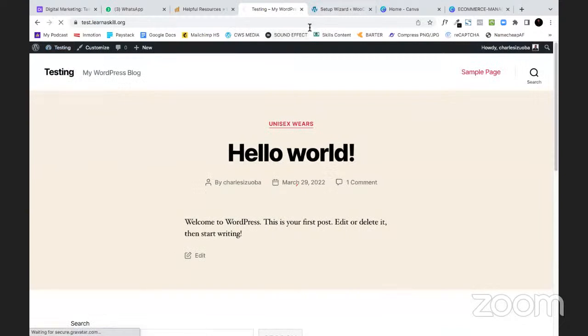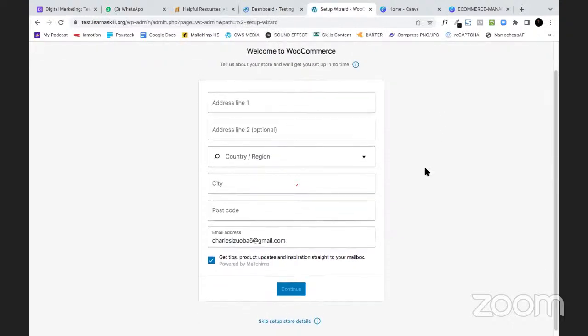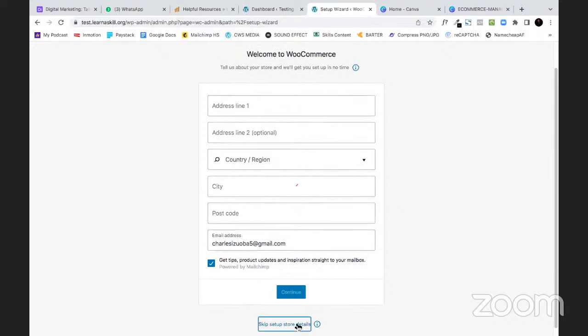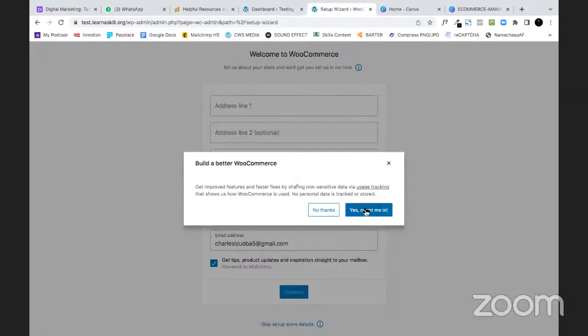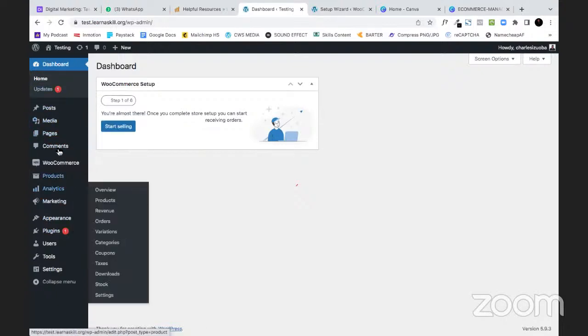So let me go back to my dashboard so I can show you how to create a page and the type of pages you need to create, okay? Let me skip this. We don't need all this for now. I'm going to do that by ourselves, all right? Okay. All right, so once you come back to your back end, you can see on the left sidebar,